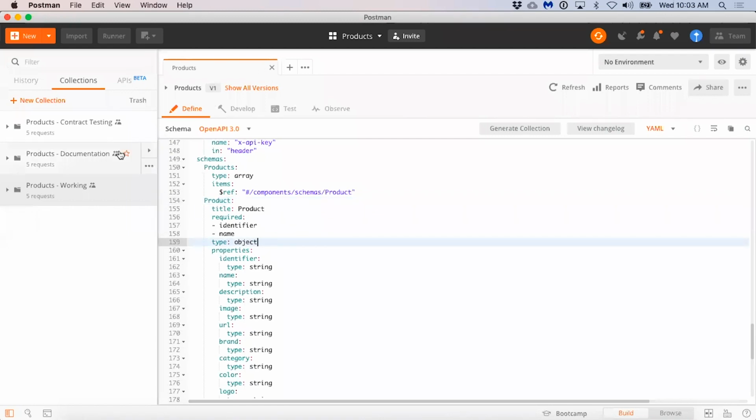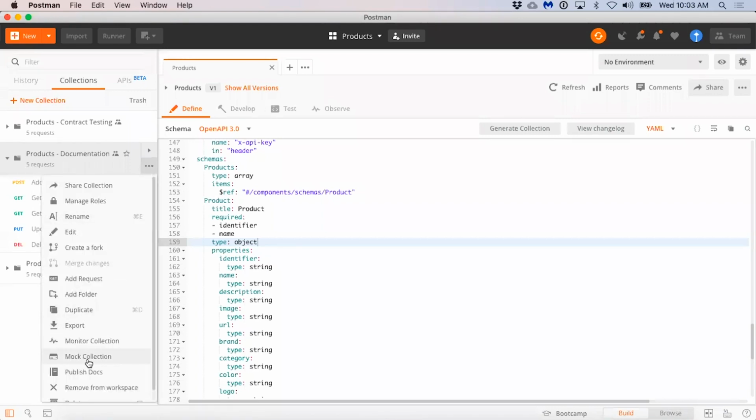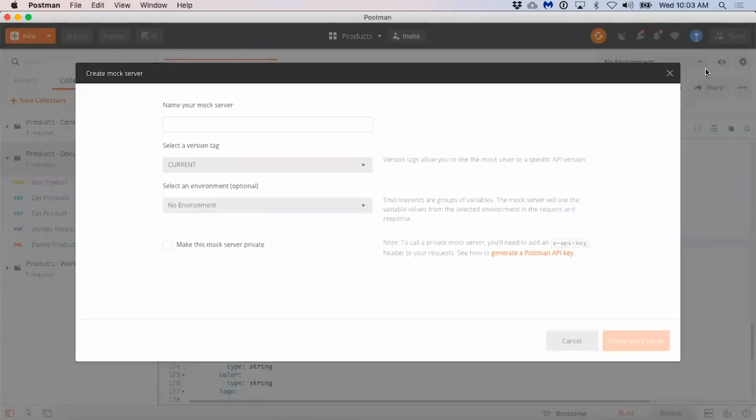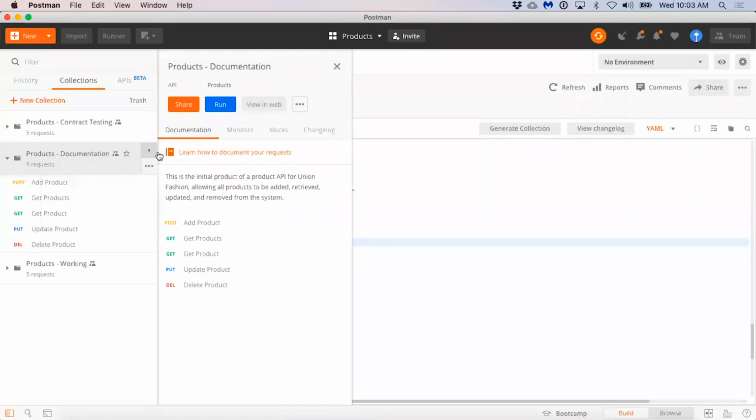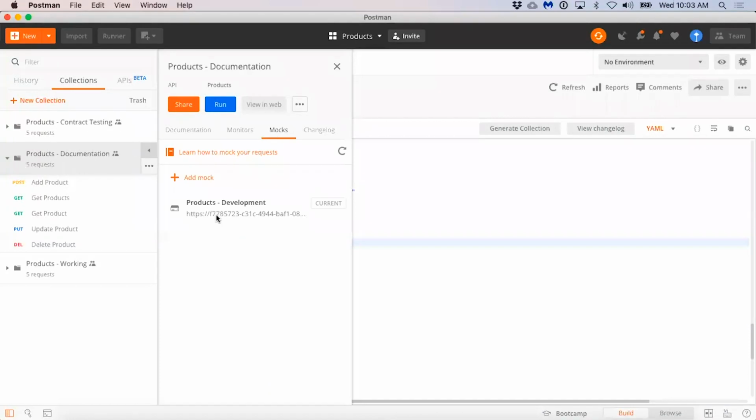From each OpenAPI contract, Jeff is generating a documentation collection, but this collection is also used to mock each individual API. So Jeff can generate new mocks. He can work with existing mocks. He can grab that URL for that mock server that's generated,